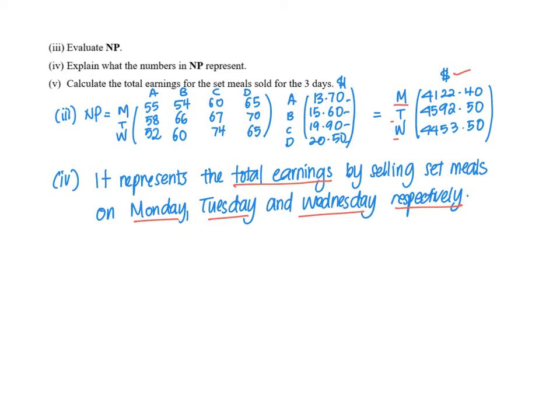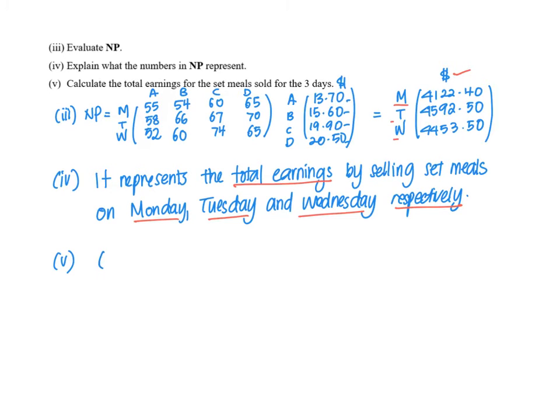Now they want us to calculate the total earnings for the set meals sold for the 3 days. They didn't explicitly say that we have to do it in the matrix method. So what you can do, you can just take 4122.40 plus the other two amounts and get the total answer. Alternatively, I can do it in a more matrix method where I can use this